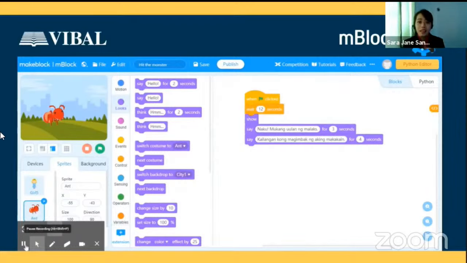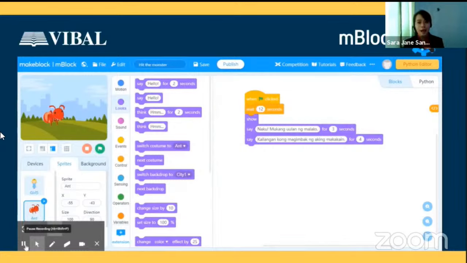Now, in here, natatap natin yung creativity rin ng mga bata for choosing the different kind of sprites or at the same time, creating their own. So, they can also draw dun sa loob ng sprite maker. And then, dito, ma-cultivate din yung basic knowledge nila on the basic programming, and at the same time, yun nga, logical thinking, analytical thinking. So talagang matatap natin yung HOTS or higher order thinking skills ng mga bata.